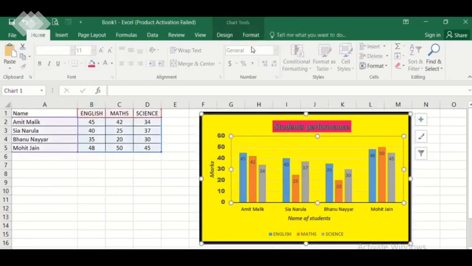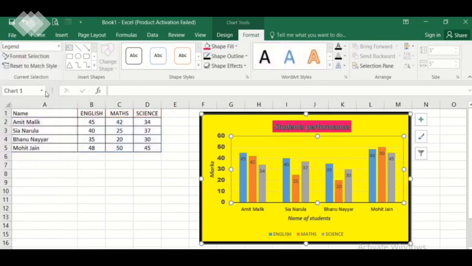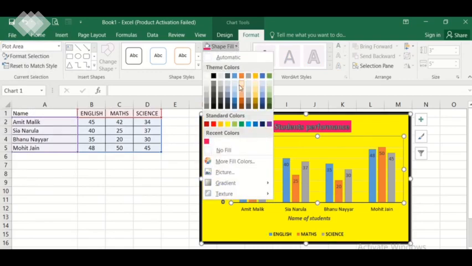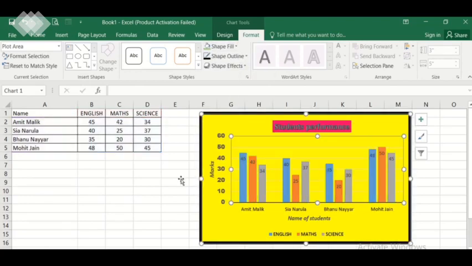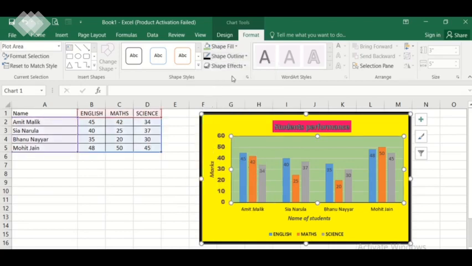Now after this, the next thing that we are going to do is the legends. Let's go back to the legends. This is here, you see the legends. You can even format this writing part by changing the styles. Then next we have the plot area. This is the plot area. If you want to change the color of the plot area, go to the shape fill option and you can have any other color. Then you can even have an outline here if you want an outline of this area. All these effects can be applied here by just clicking on it.